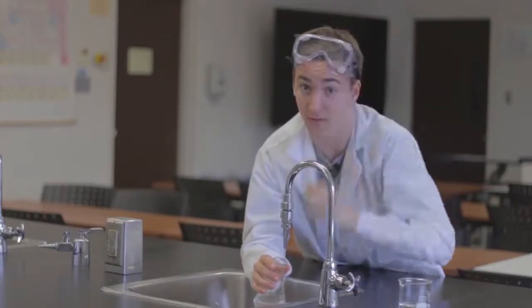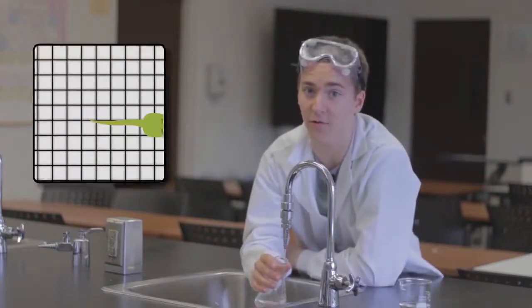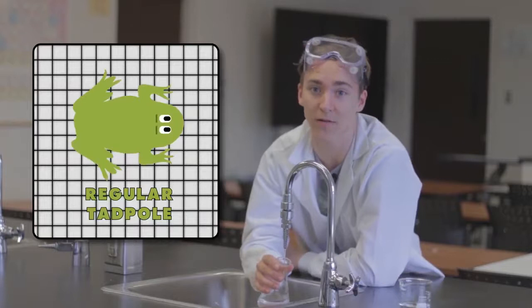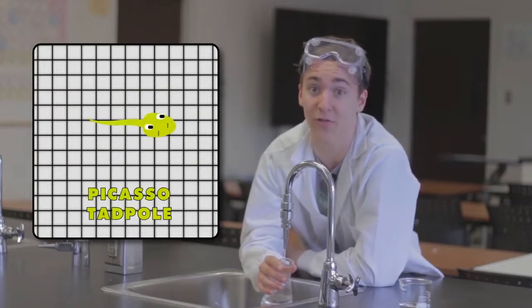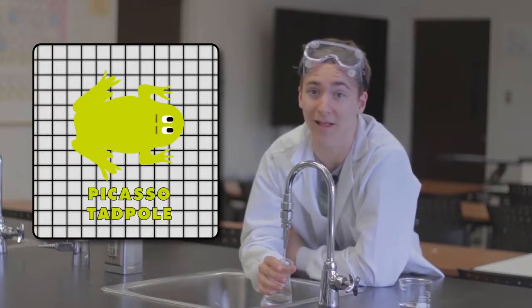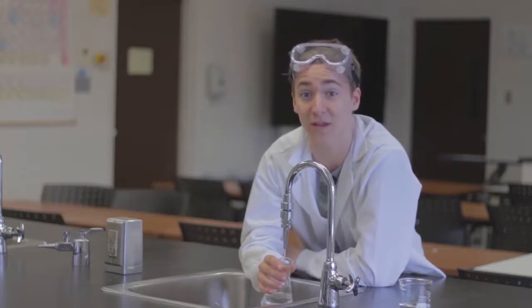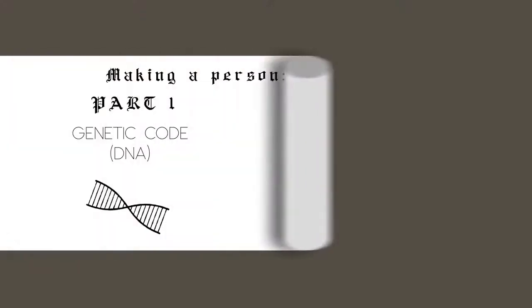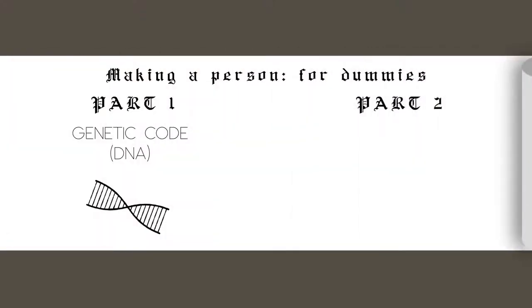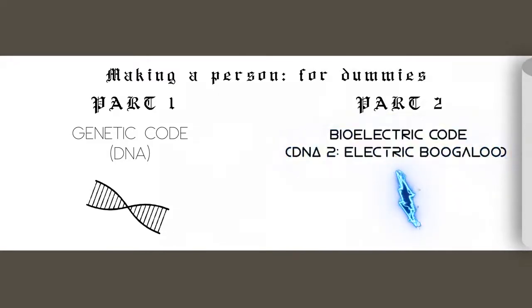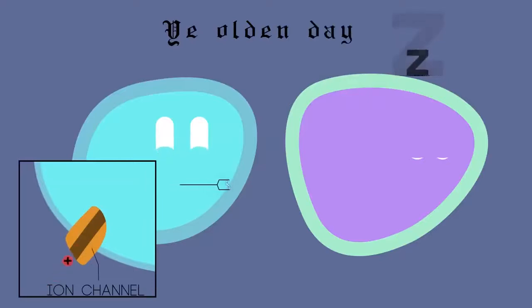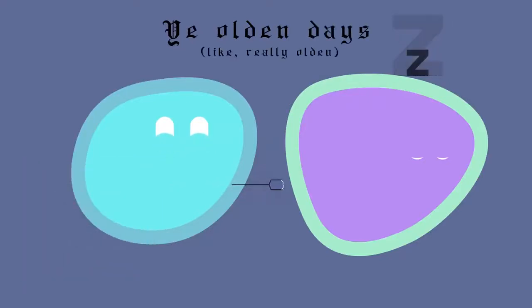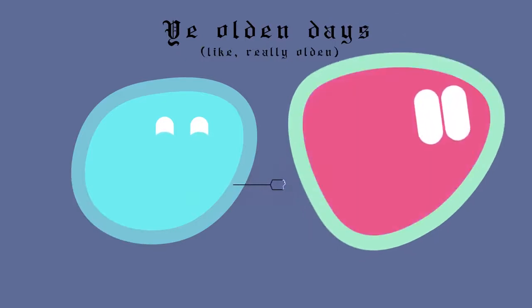To find the culprit of this phenomenon, scientists at Tufts University found that if they rearranged the parts in a frog tadpole, they would find their way back to their designated spot. This means that they're not following a specific sequence of movements to get there. The reason for this is that an organism's cells also follow a whole different code, bioelectric code. Cells have been communicating with electric signals before even neurons evolved into existence. This is why all the cells in your body, not just neurons, are able to communicate this way.